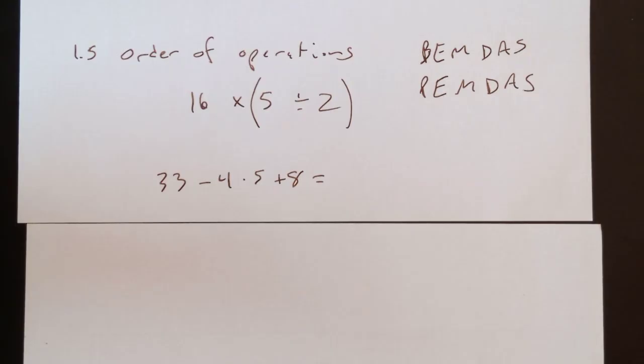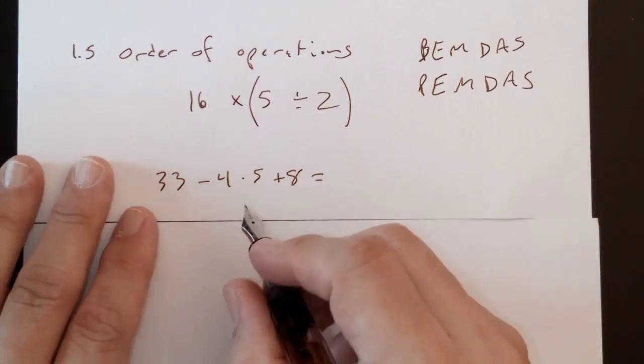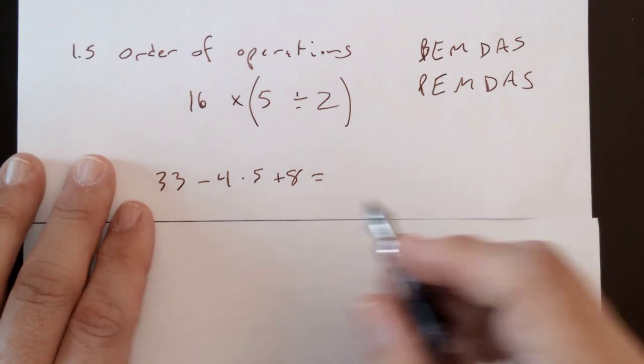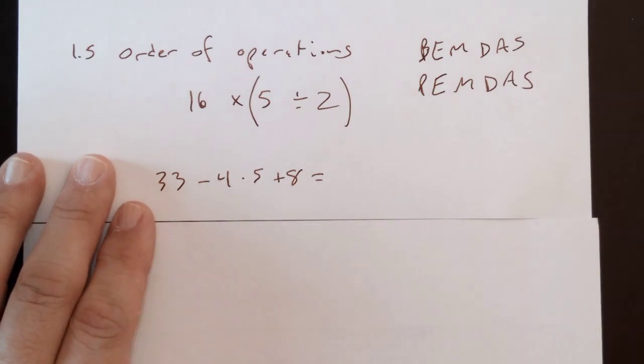How do I do this? Walk me through the arithmetic. Yes, ma'am. You have to assume where the parentheses are, right? I think the parentheses would be over the 4 times 5. That is actually our multiplication symbol again. So yes, I'm multiplying before I do the adding or subtracting.